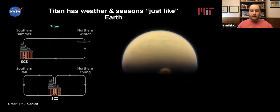On Titan, it's colder. This atmosphere, again, is big and dense, 4 times denser than our own atmosphere. And it's also cold. There's not that much energy. So it has 1 Hadley cell that moves. In southern summer, it rains a lot, and there's lots of clouds at the southern hemisphere, like this cloud here. And then at the